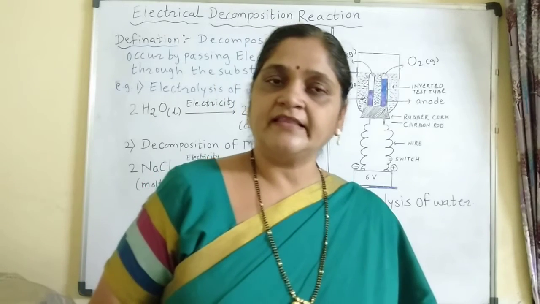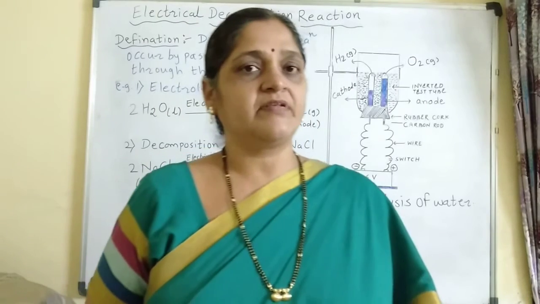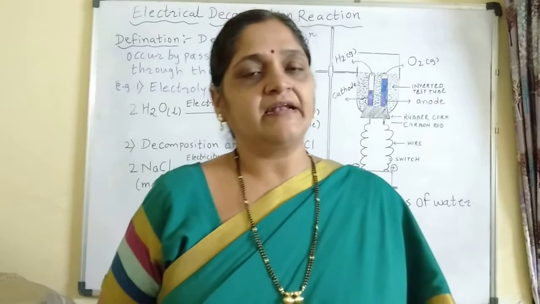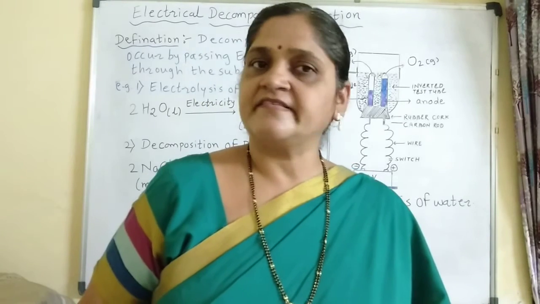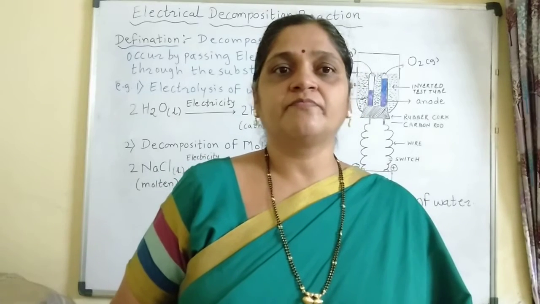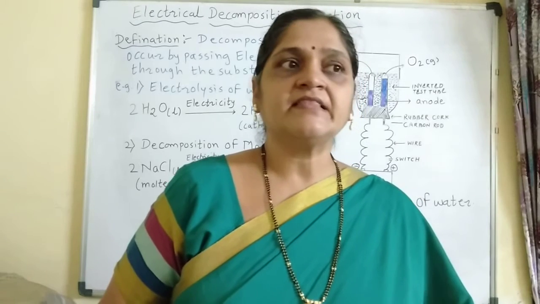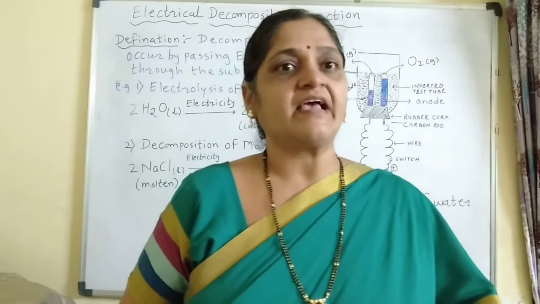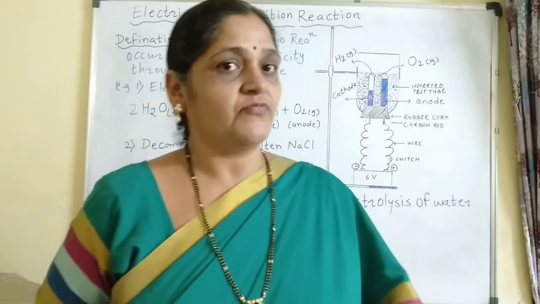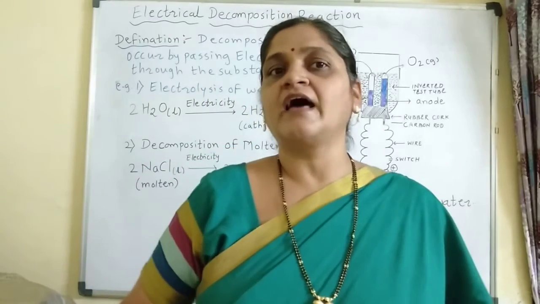So in the case of the hydrogen gas test tube, the burning candle will extinguish and the gas will burn with a popping sound. In the case of the oxygen gas test tube, the candle will burn brightly because oxygen is a supporter of burning, and thus water will be decomposed by the electricity into two gases, hydrogen gas and oxygen gas. Now this hydrogen gas and oxygen gas are present in the ratio of 2:1 by volume. Clear? Now we will move forward to another example.